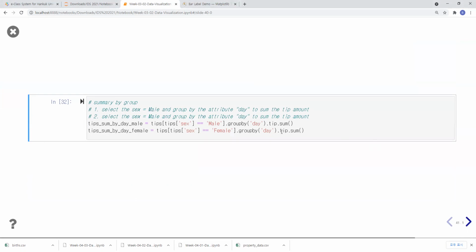Let's say you want to make the summary by group. I will explain more about group by in a separate section, but now let's say I want to see whether the male give more tips than female. This is only for checking. I want to check the condition. I guess by now you already know how to make the condition. So if the sex equal to male,